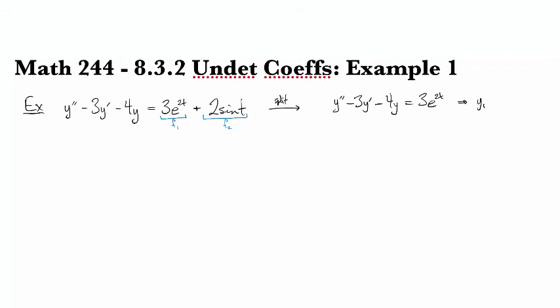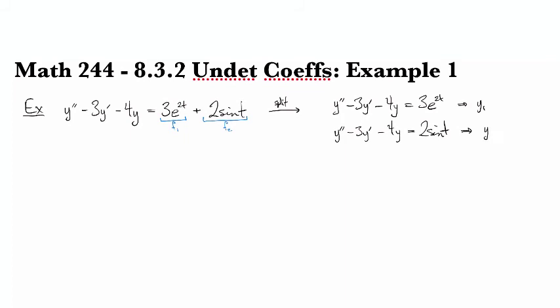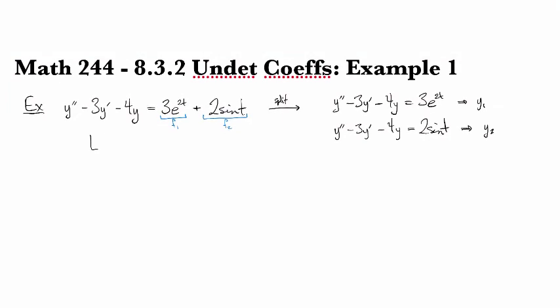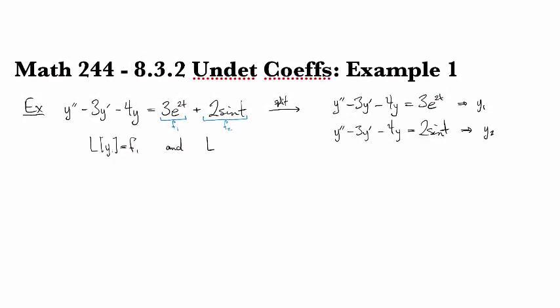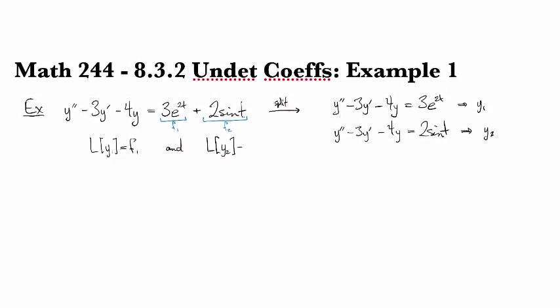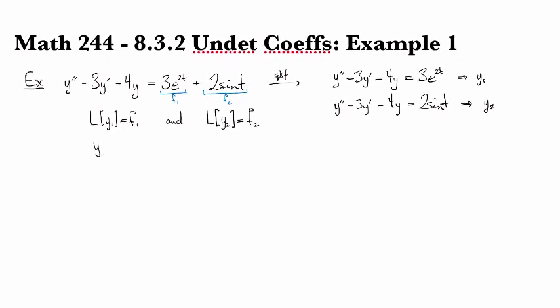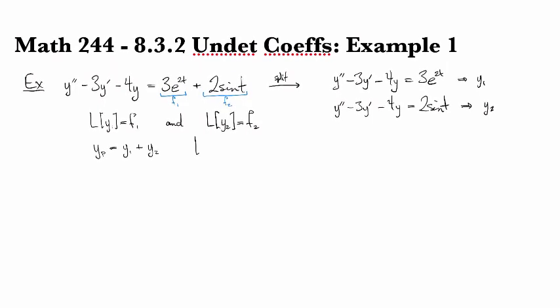And then we will look at y double prime minus 3y prime minus 4y equals 2 sine t, and we'll use that to find y2. So in other words, I've split this up into the two problems, Ly1 equals f1 and Ly2 equals f2. And so then if I take my particular solution to be y1 plus y2, linearity,